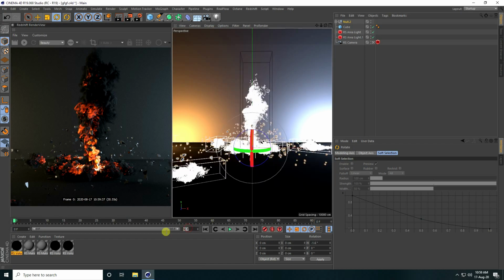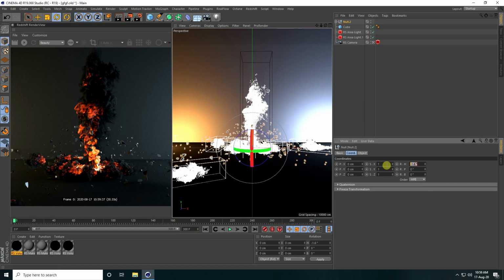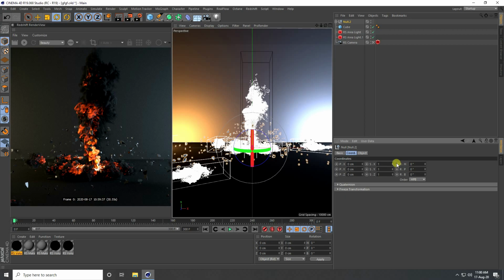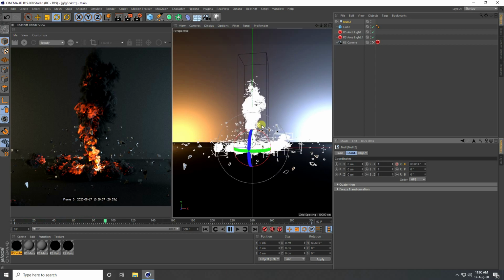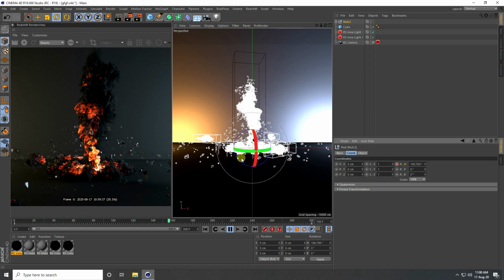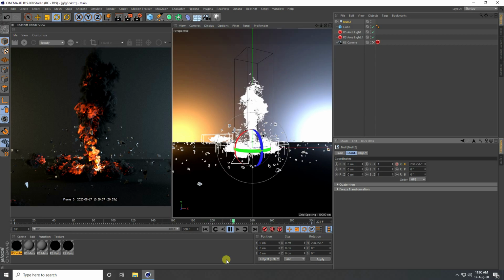Yes, and increase the size. Guys, increase the frames. I like 300 frames. So go to the null object, and guys go to here, 0 frame and R H check. Go to the last one. I take 360 degrees. Yes, and go back and play. Yes, see guys, that's my final animation, right?